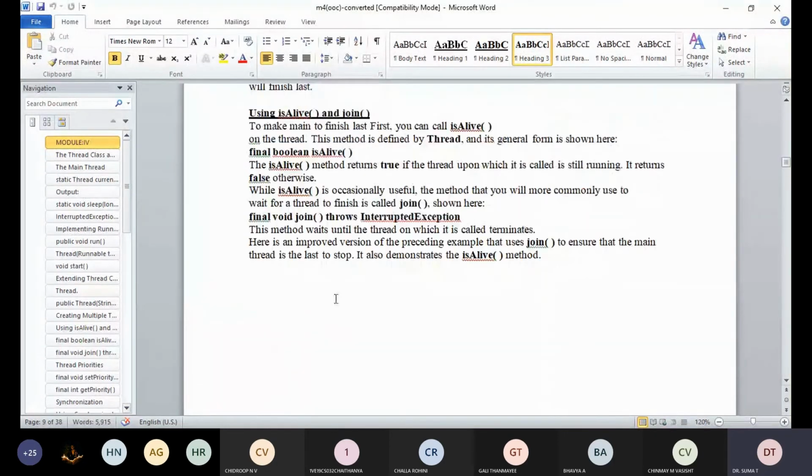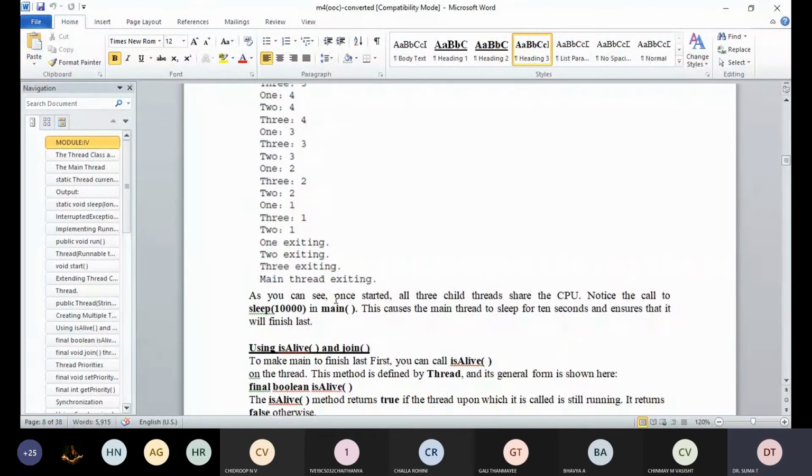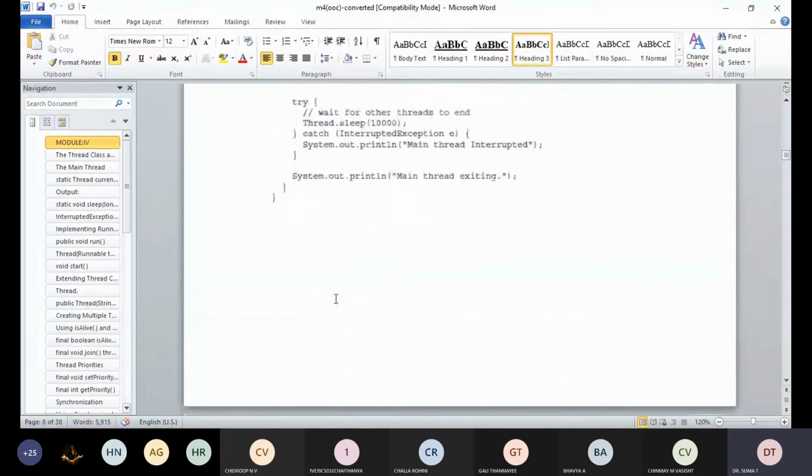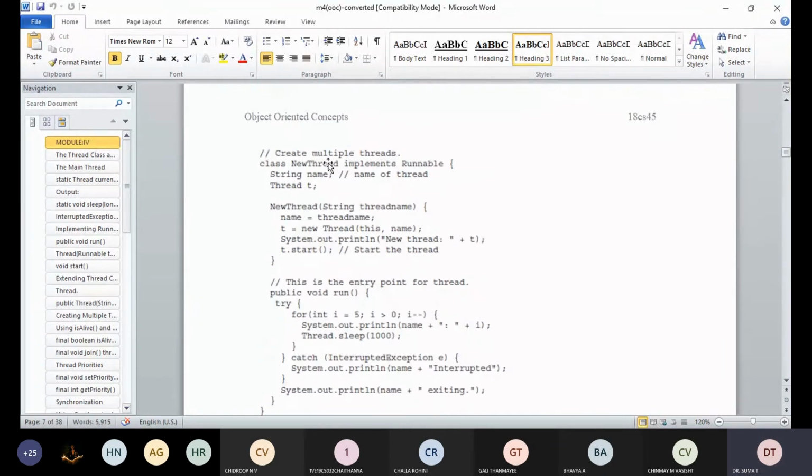Okay, this is about how we are going to create multiple threads using the run and start methods, and how we are going to send the parameter to the constructor. See, with the use of the new operator, you are sending the multiple threads 1, 2, and 3. Similarly here, the string name is going to accept the thread name as 1, 2, and 3.